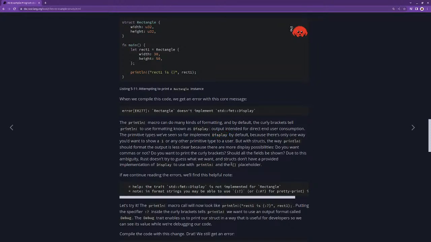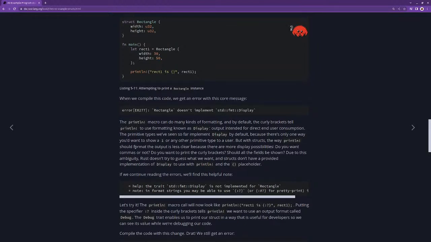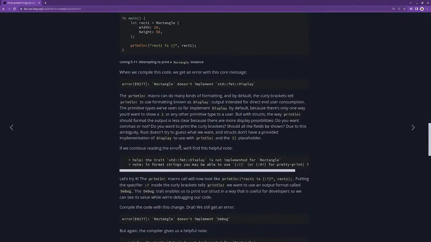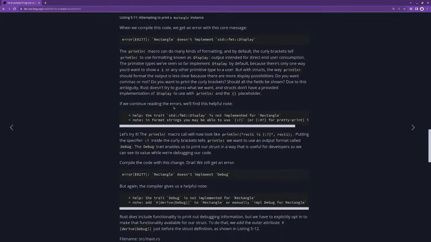Okay, but for structs, of course, we have no idea how they should be formatted. So Rust doesn't try to guess what we want. And structs don't have a provided implementation of Display. For example, this is something that Kotlin does differently, right? Like with data classes, you absolutely do get a default toString implementation. But anyway,